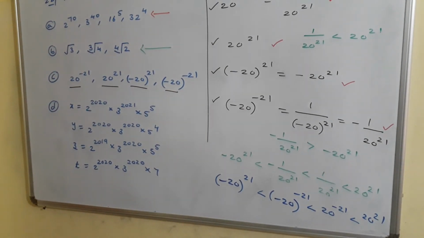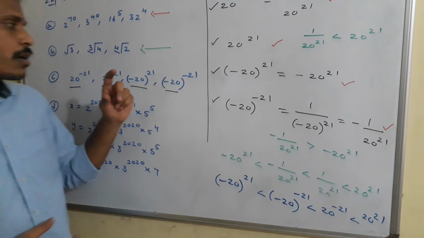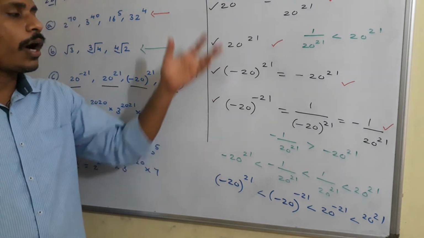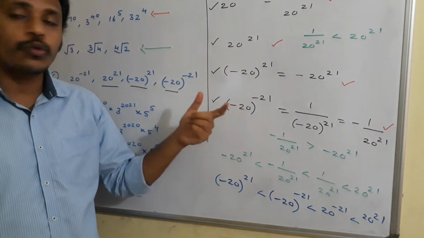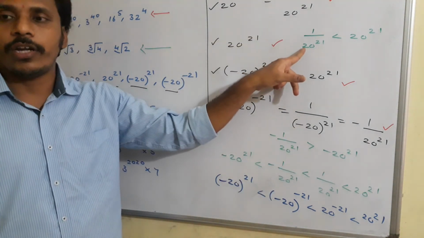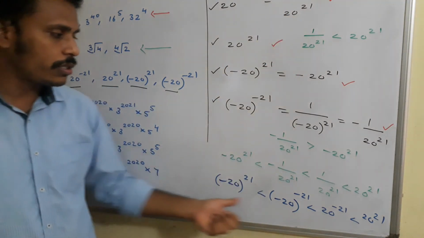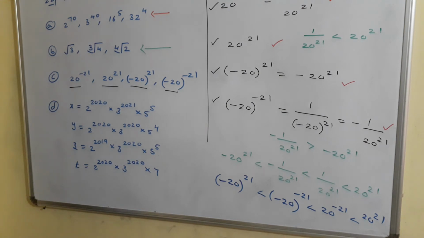So we need to compare these four numbers. For that, I am eliminating minus from the power first and then minus from the base. After that, it is very simple. These two are positive, so greater. These two are negative, so smaller. In negative numbers I have an order, and in positive numbers I have an order. After combining all these things, this is the final ascending order. If it is clear, then you just think about T.